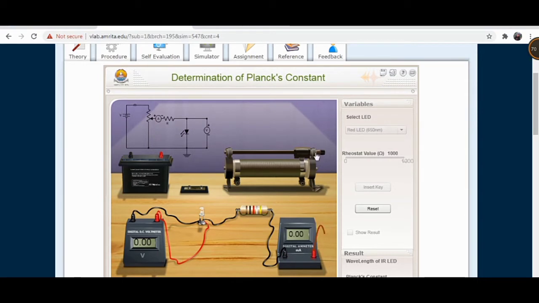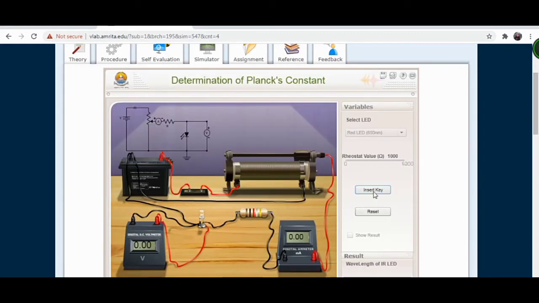As you can see, this black wire denotes the negative terminal and the red wire denotes the positive terminal. Now I have connected my key to the rheostat and this key to the battery, and then the battery is connected to the rheostat, but my circuit is still incomplete because I haven't connected my LED to this battery. Now I'm connecting my LED to this battery as well, and after that our whole circuit is completed. Here I click on insert key.